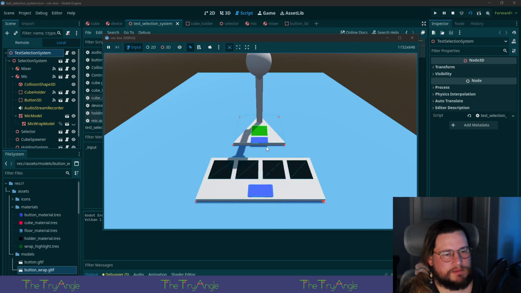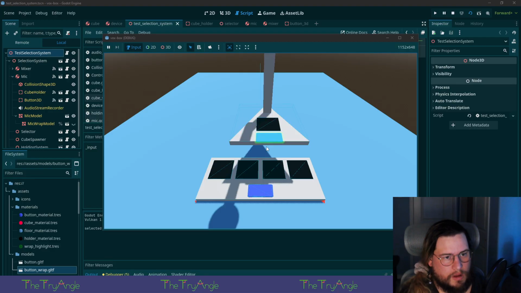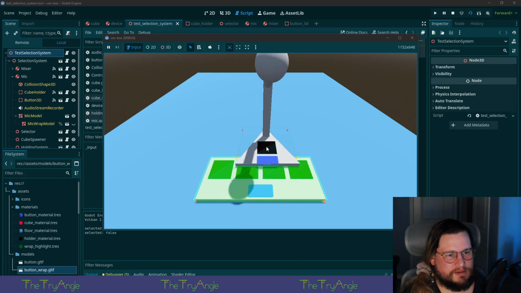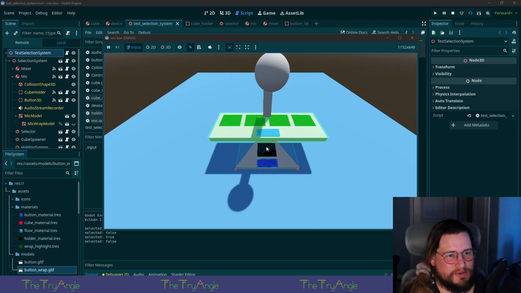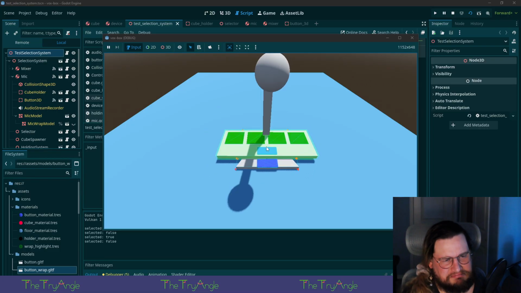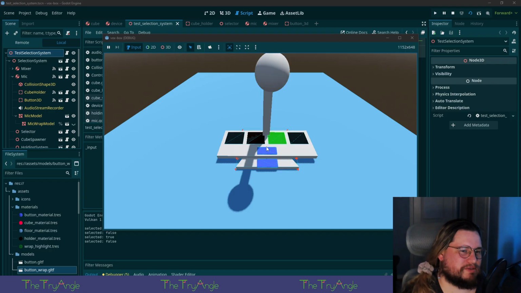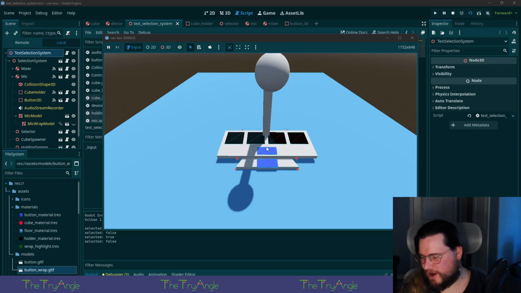Nice. Of course, I don't have... oh, no. That's weird. I can grab it. I can't move it, though. I really configured this for controller. That's fine.